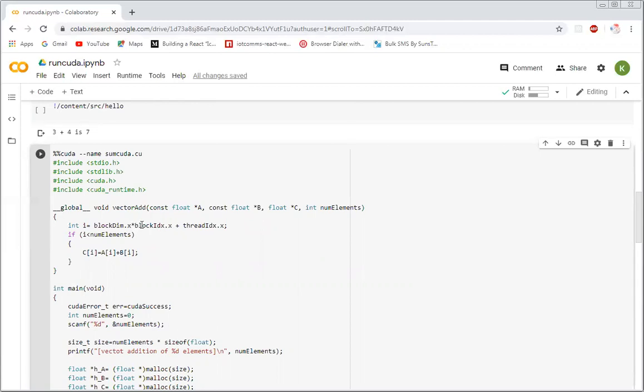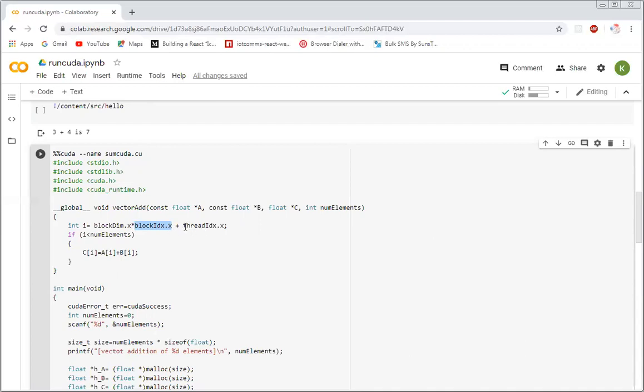Then blockDim into blockIdx plus threadIdx, meaning the ID of the thread in each block. Okay. So in our case, the blockIdx would be 0. Which block? Just one block, the first block.